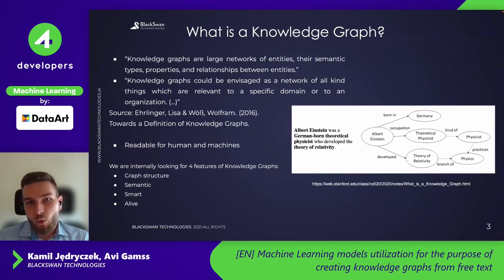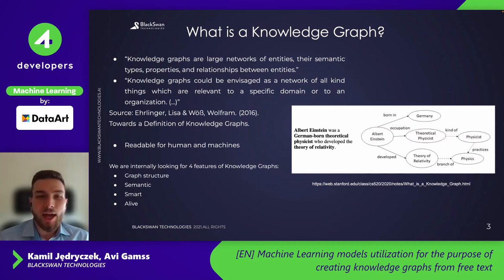So the first thing, what is a knowledge graph? Right now, this is a very popular word in our ML community or in the industry. And because I am a mathematician by major, I like to start with the definitions. Here are two definitions that I gathered from a paper, Towards a Definition of Knowledge Graph. One of them is: knowledge graphs are large networks of entities, their semantic types, properties, and the relationships